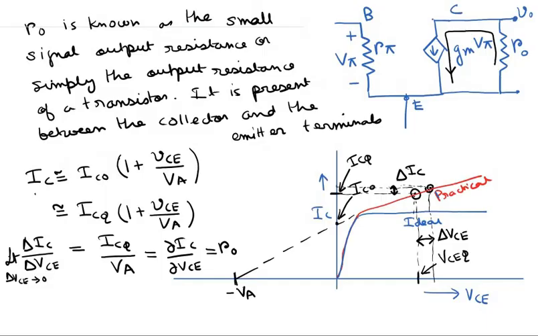Okay, actually in this equation we have made a mistake here. So this should be R0 inverse, because del IC del VC basically has the dimensions of conductance, so this should be R0 inverse. Okay, so we can also write it as G0, where G0 is basically the small signal output conductance of the transistor.